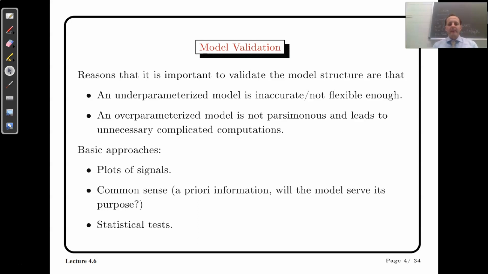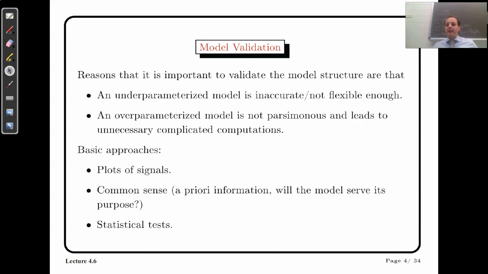An underparameterized model, so when the model doesn't have a sufficient number of parameters, is not flexible enough or is inaccurate. When we are using a huge number of parameters, we say an overparameterized model, is not parsimonious, and it leads to unnecessary complicated computation,